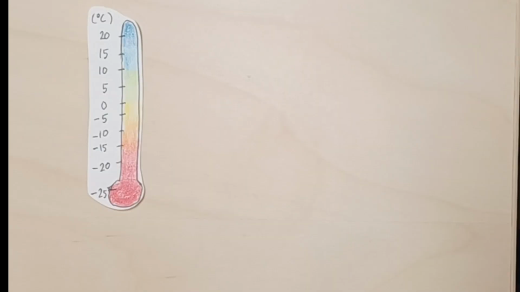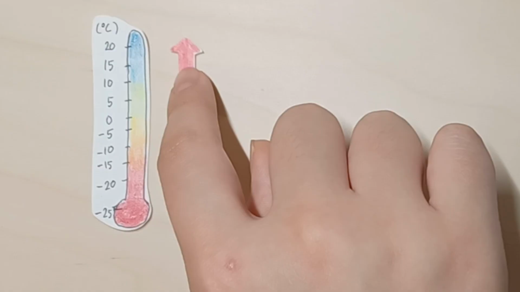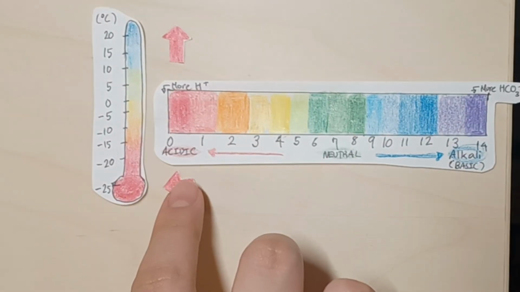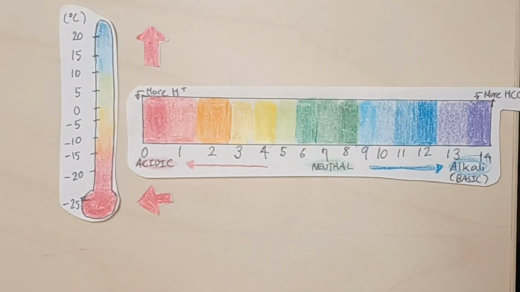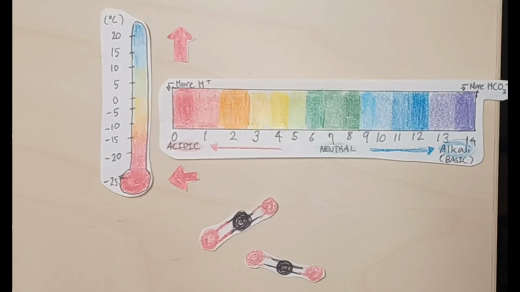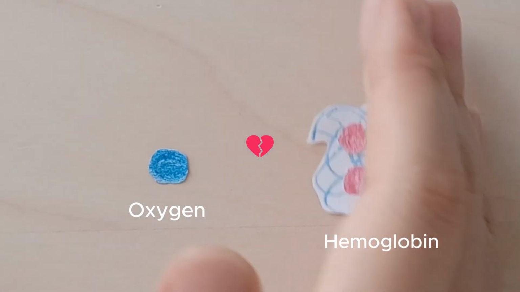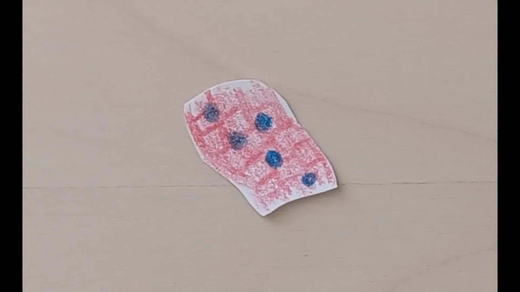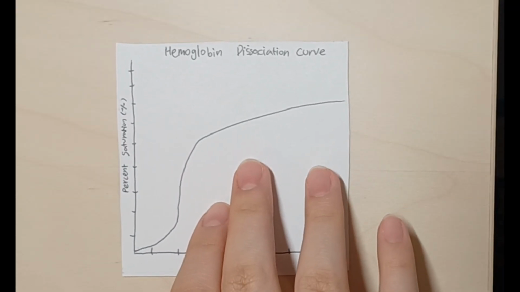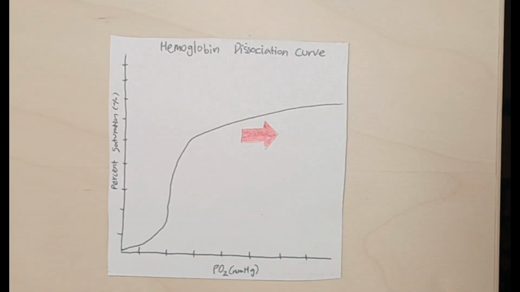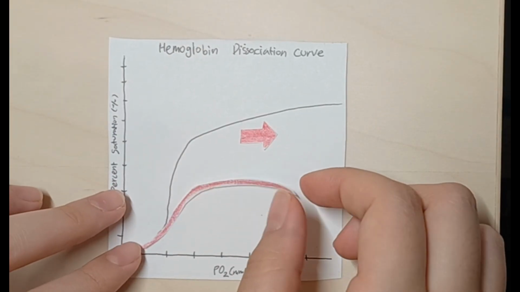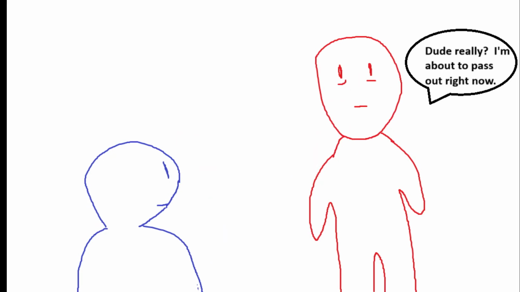The Bohr effect occurs when there is an increase in temperature or decrease in pH, which means it's becoming more acidic, or increased partial pressure of carbon dioxide, aka the concentration of carbon dioxide. All of this can decrease the oxygen hemoglobin affinity rate, but oxygen release to tissues increases. Therefore, when the Bohr effect occurs, the curve is shifted to the right when those factors increase or decrease as such. So next time you see a friend with iron deficiency anemia, just tell them about the Bohr effect, or